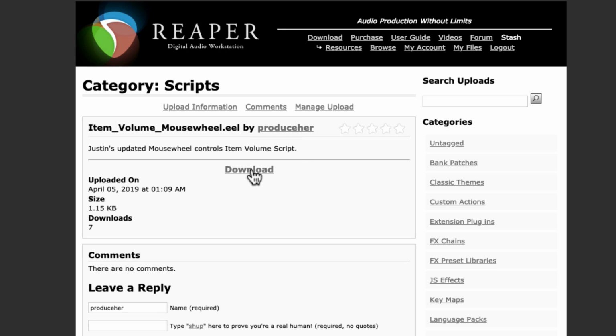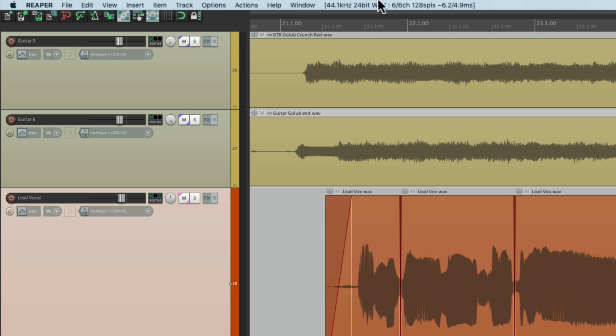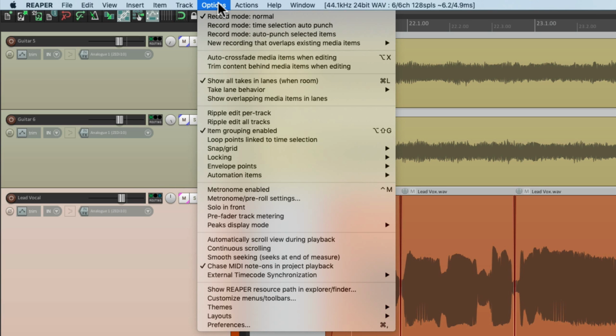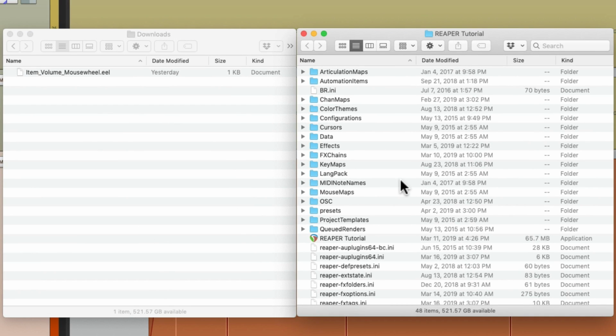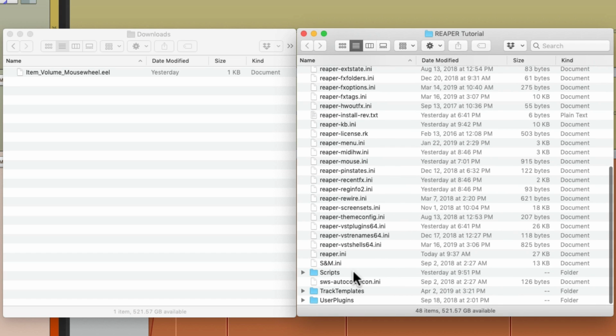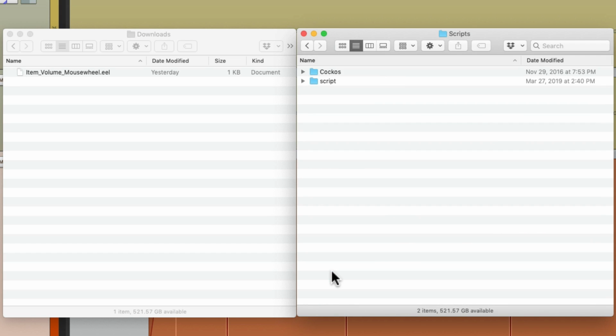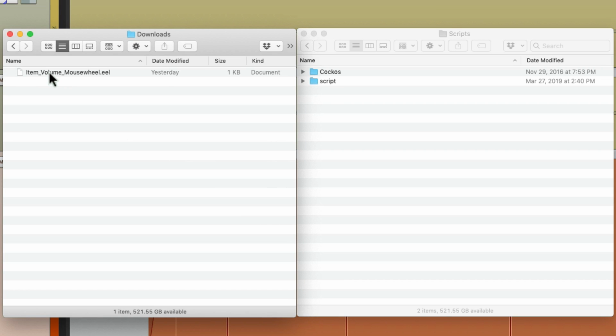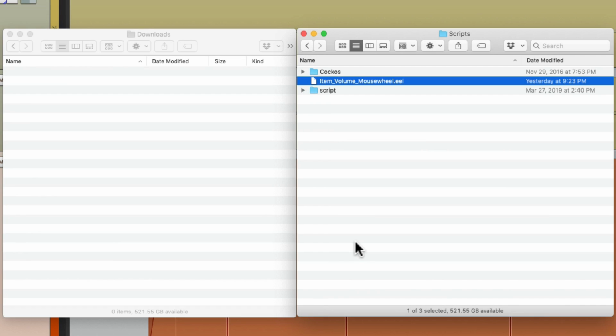Then we'll go back to Reaper and go up here to the Options menu and choose Show Reaper Resource Path. And that's going to open up this folder where Reaper is installed. Then we'll scroll down and find the scripts folder. Then we're going to put the file we just downloaded into it. Just drag it in. Go back to Reaper